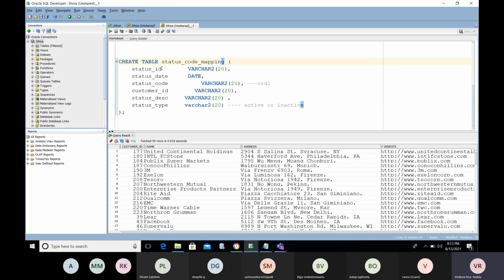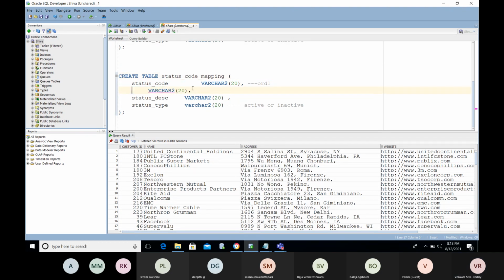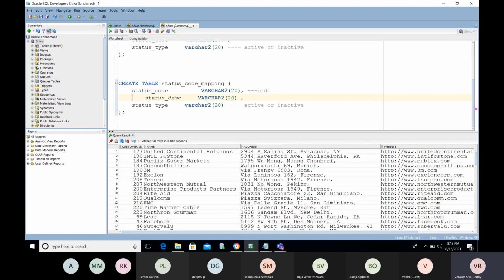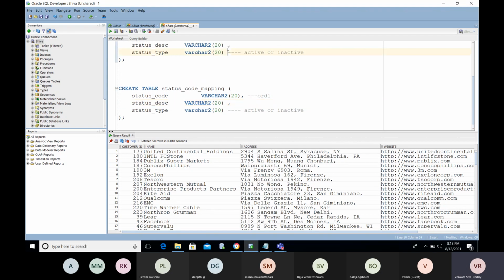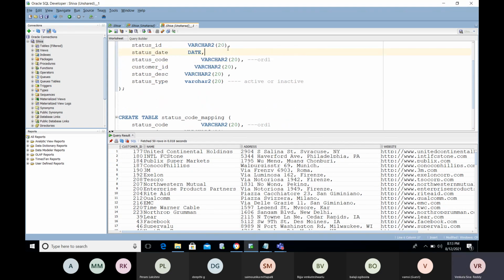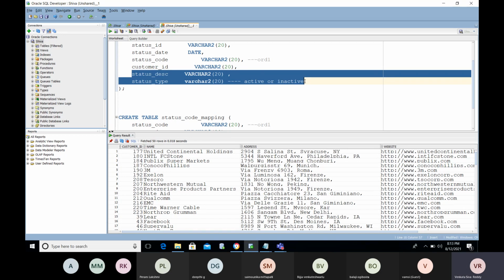In this we will maintain the status code and its description, and the status type. We need to maintain these two columns here, because based on the status code you will be able to capture the details. You got it?